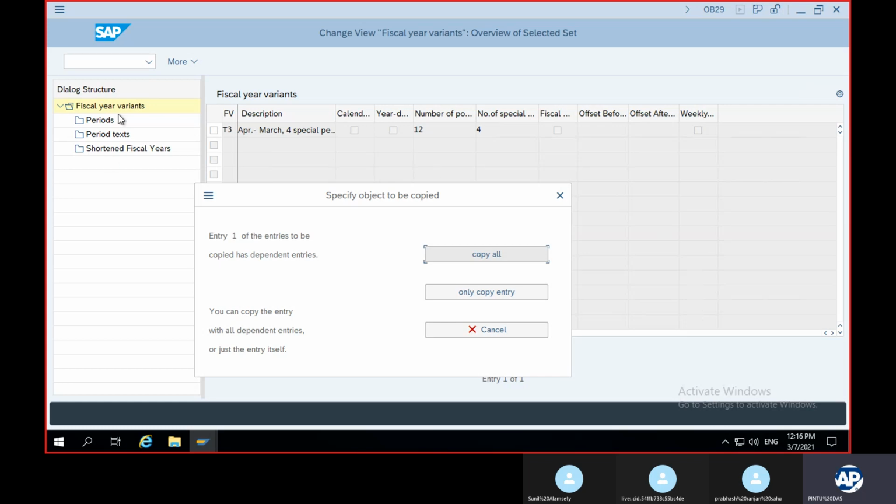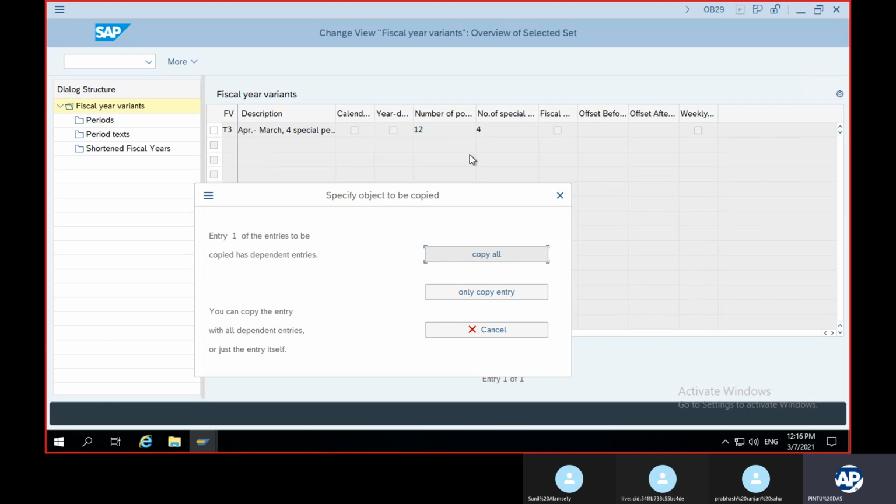I'll come to these steps. These periods are from 1 to 12, 1, 2, 3, 4 like this. Okay. Now, after completion of the fiscal year, if you want to open the period for another 1 month, then in that case, the posting period will be counted as 13 or it will be started again from 1.